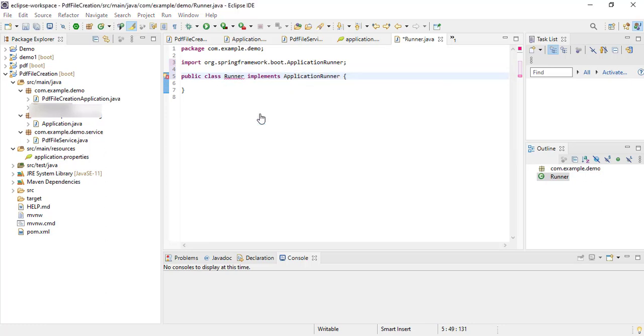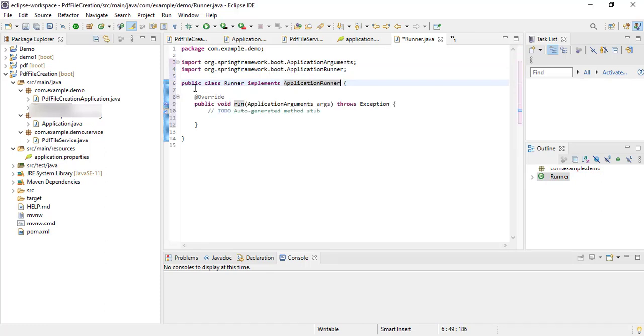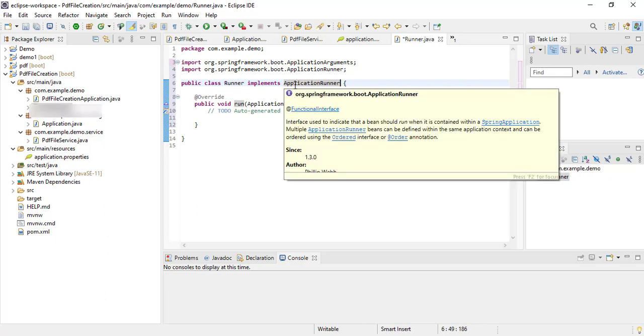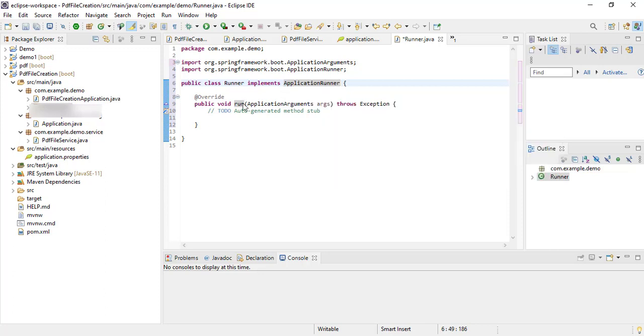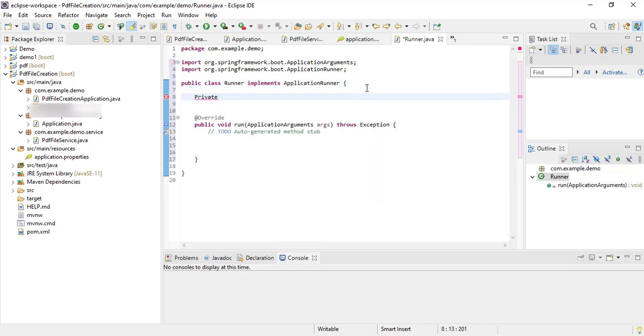Look at here. I created one class by the name Runner. That class is implementing the interface ApplicationRunner and that interface has one method run. Inside this class I will create one variable.